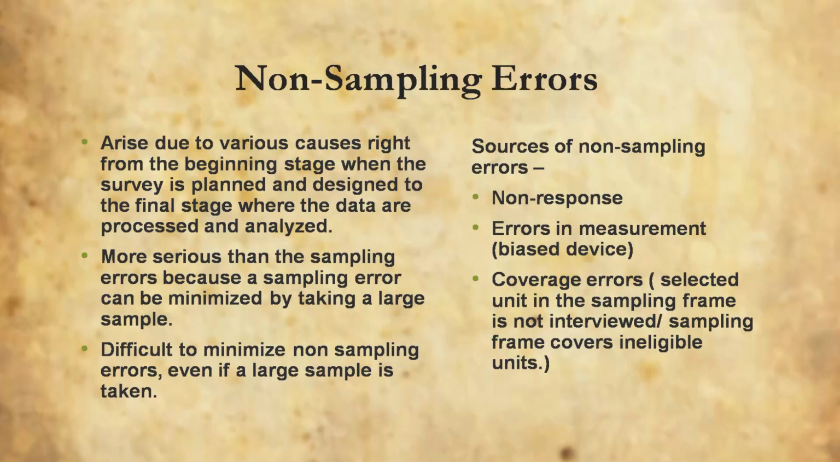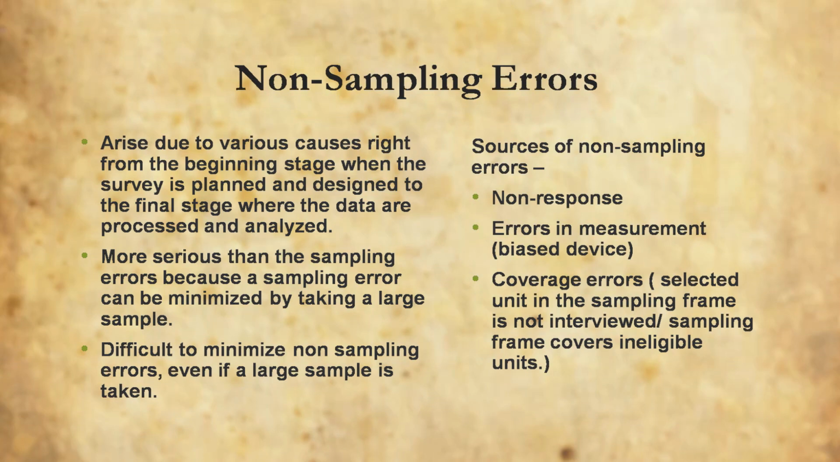On the other hand, we also come up with non-sampling error, which arises due to various causes right from the beginning stage when we plan for the study. Sampling error can be reduced if we take a larger group of people, but non-sampling error needs to be minimized by being alert before we plan. The sources of non-sampling error are non-response, errors in measurement, that is the bias devices, and coverage error, where the selected unit in the sampling frame is not interviewed or the sampling frame